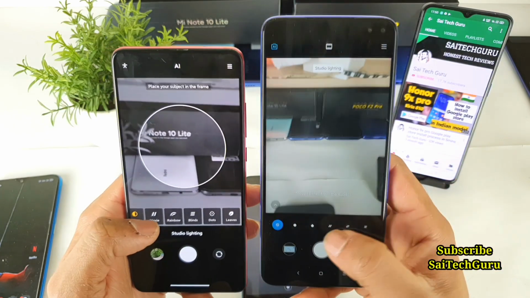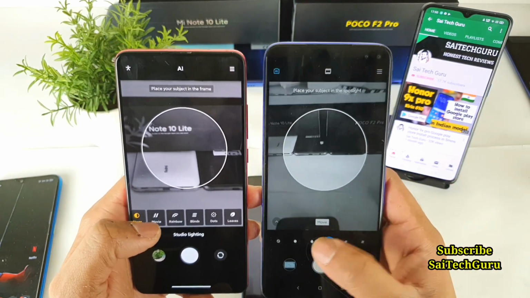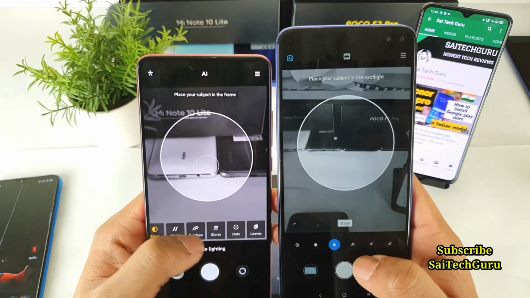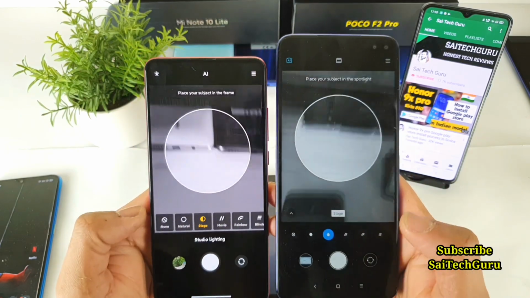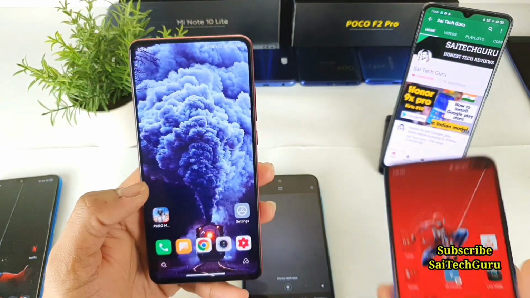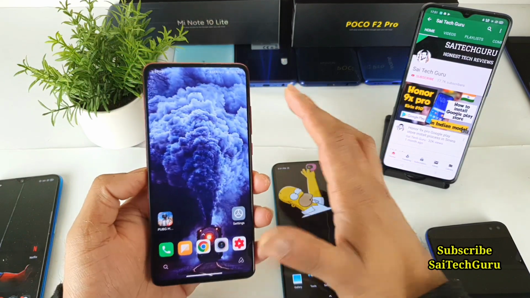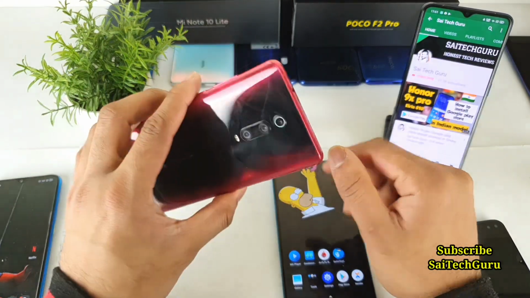So even those options are found in the Poco X2 phone as well, but they did not make this look like a movie and stage. They did not make any title for that one. So overall, these camera interface and camera review on the MIUI 12, after updating to the Redmi K20 Pros.